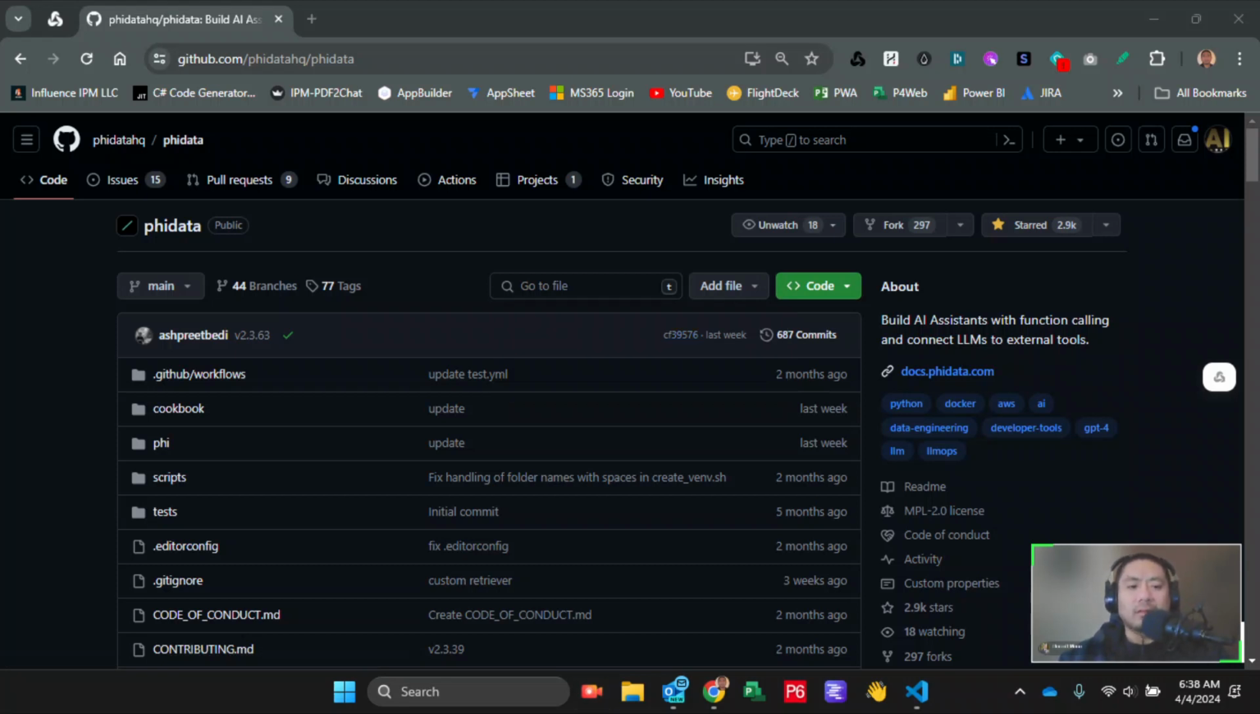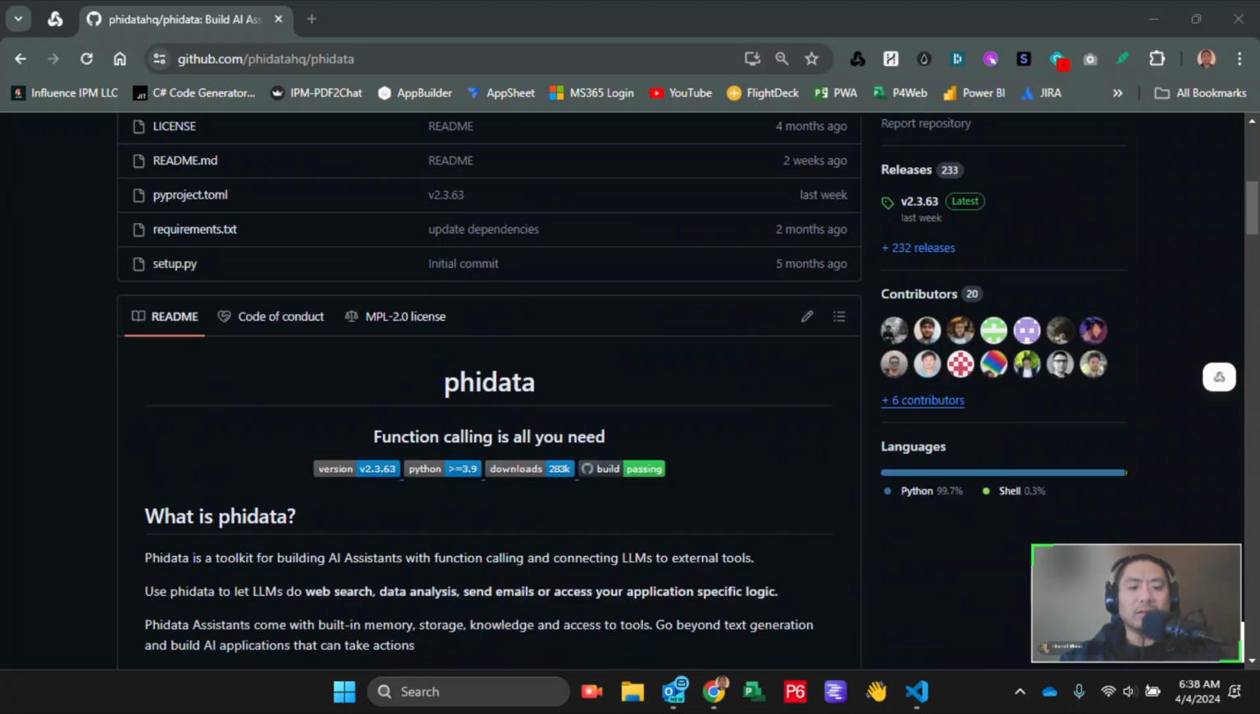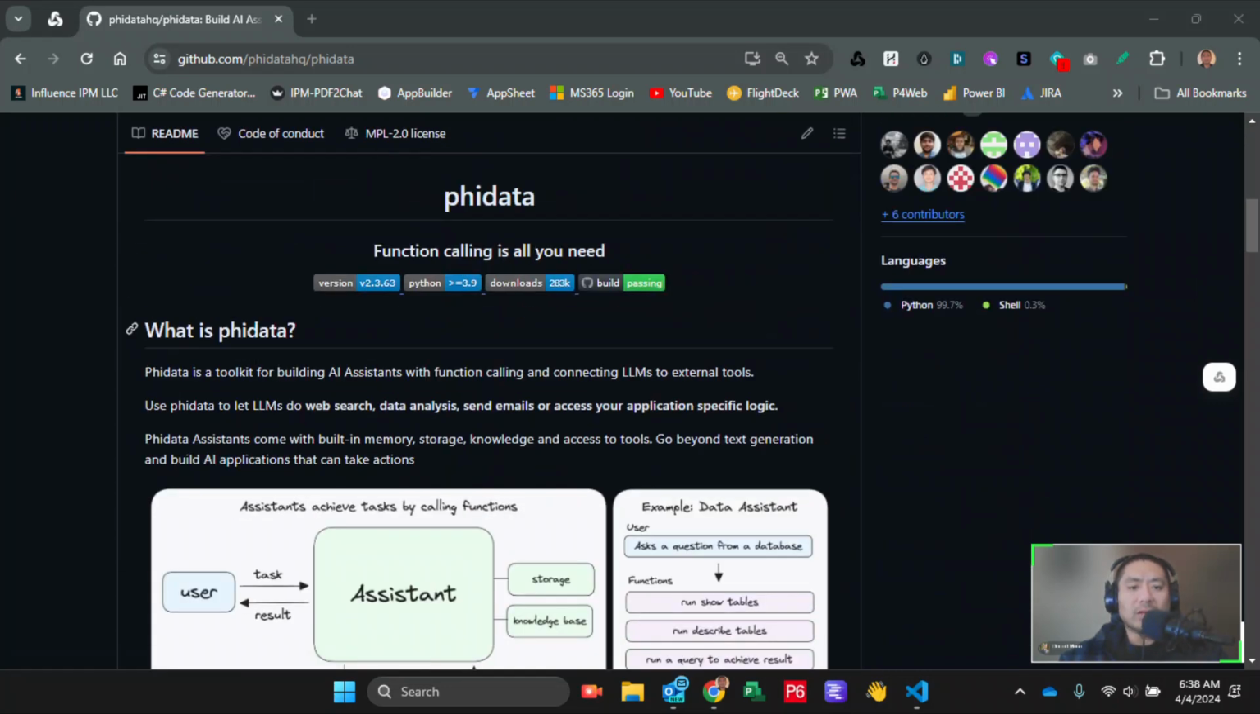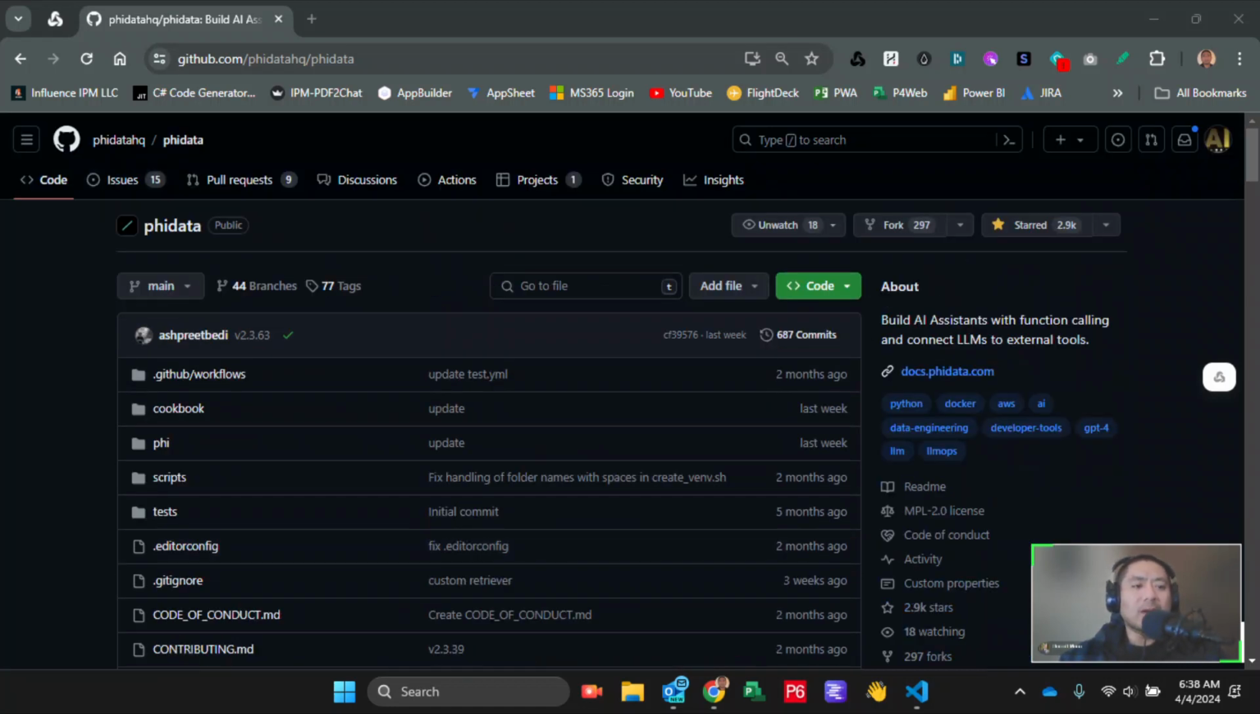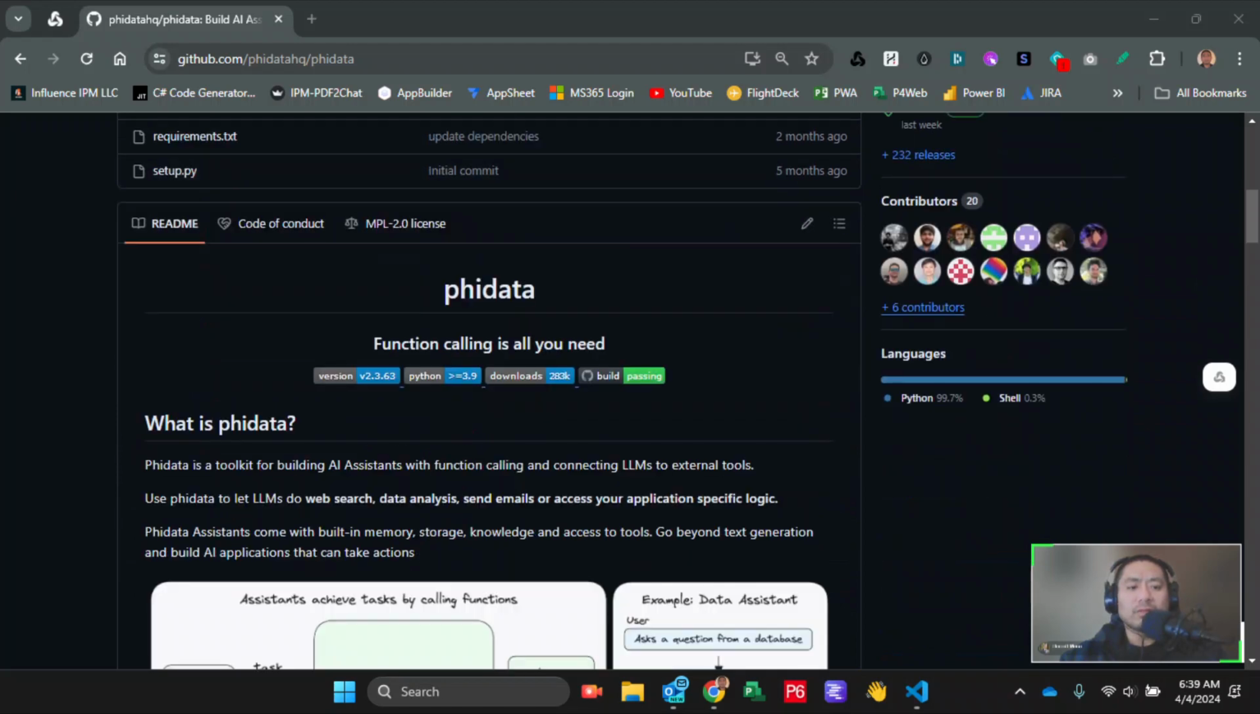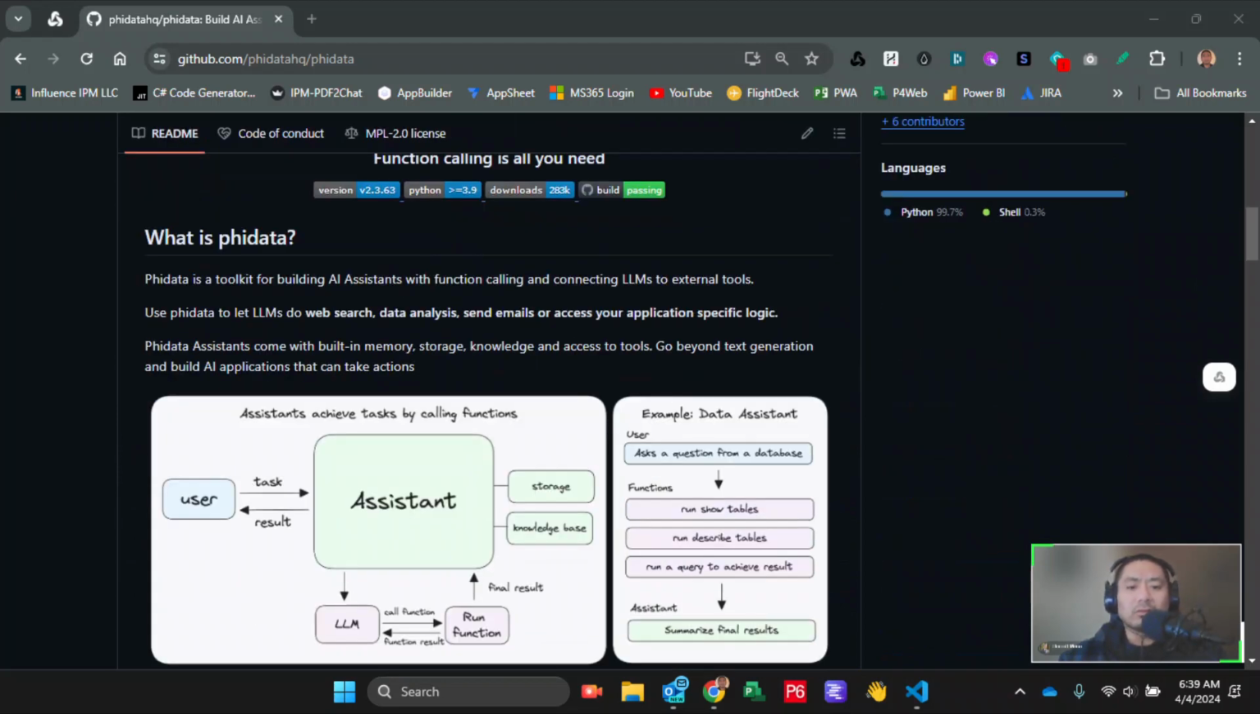Let's install PyData onto my OS using Visual Studio Code. So what's PyData? PyData is function calling using AI agents. It's a toolkit for building AI assistants with function calling and connecting large language models to external tools. I'll leave a description below of the GitHub page created by PyData HQ for you to install this locally on